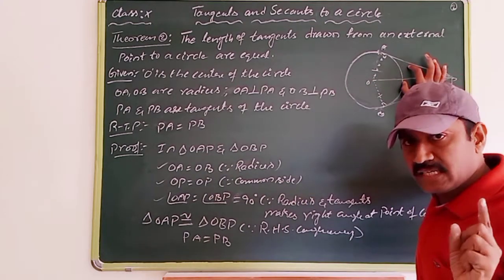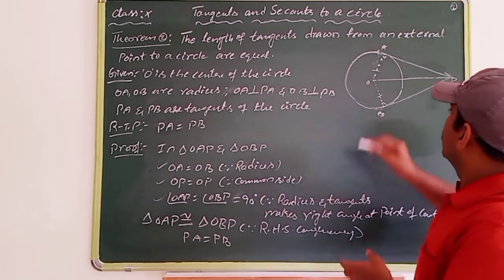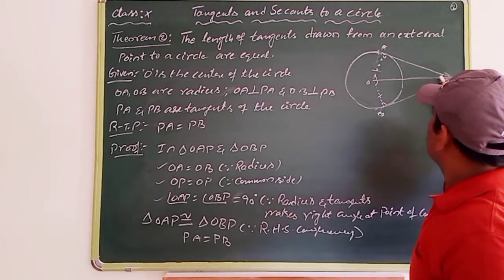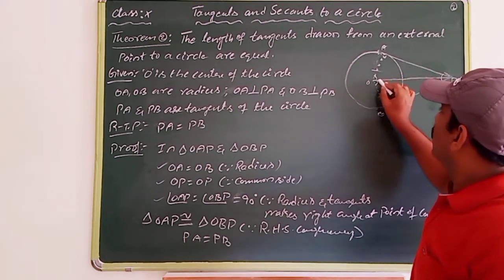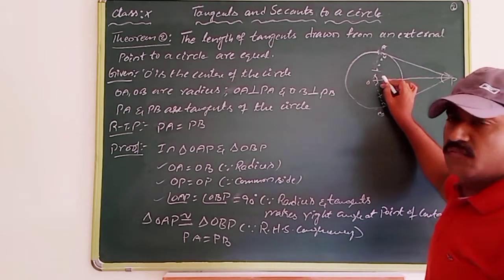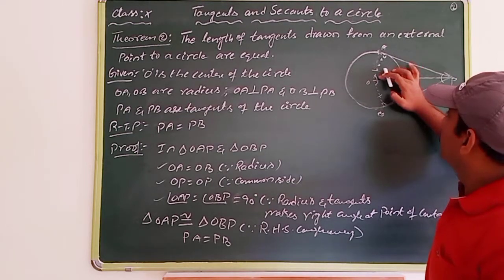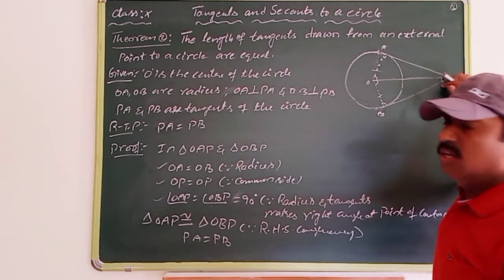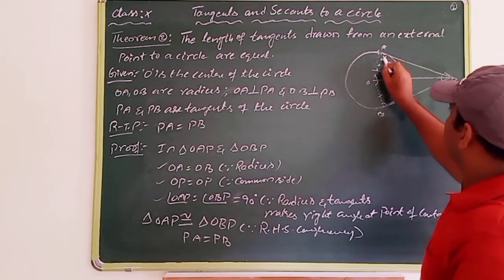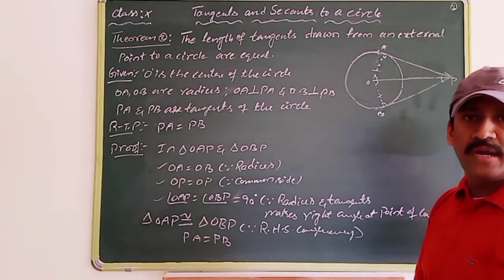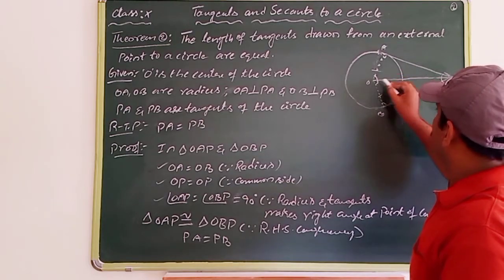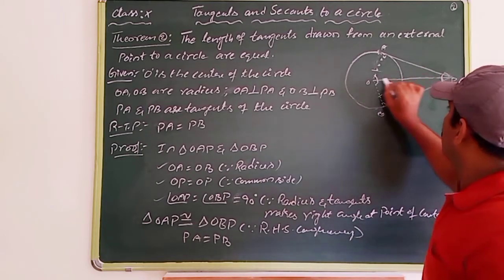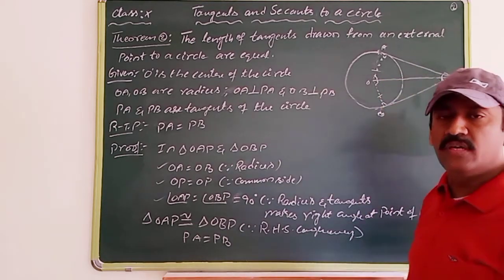So these two triangles are congruent, so these two angles are equal. These two angles are also equal. Just keep it in your mind. Equal means this line bisects the angle into two equal halves. For example, if you have 100 degrees, it will be 50 and 50 degrees. And if you have 80 degrees, it will be divided into 40 and 40 degrees. So 50, 40, 90, as the sum of the three angles of a triangle is 180 degrees, right? One more important point here: the sum of these two angles is supplementary, don't forget it. By adding both angles here, you will get 180 degrees, because